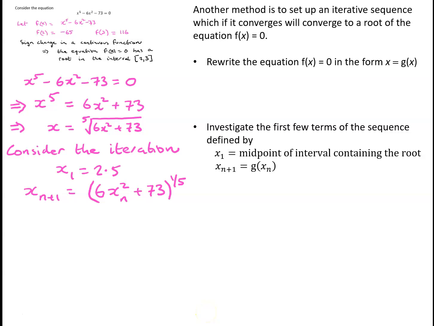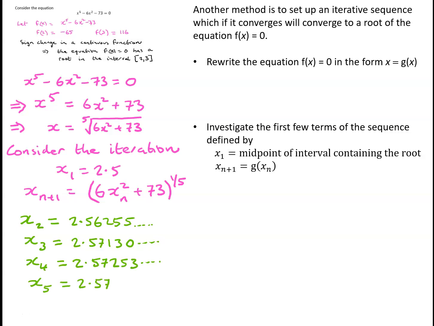Recalling what's happened on the calculator, we've got x2 was 2.56255, x3 was 2.57130, and so on. By the time we got down to x6 and x7, they agreed to 5 decimal places. So this sequence is converging to a value which is approximately